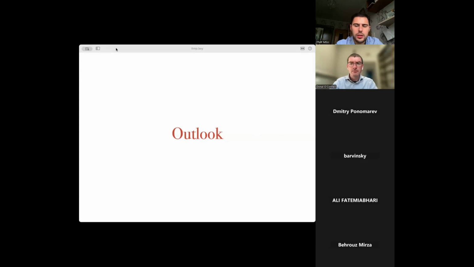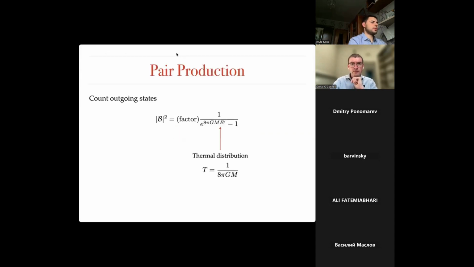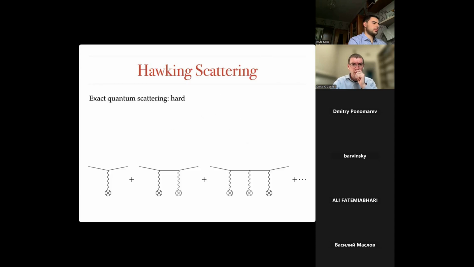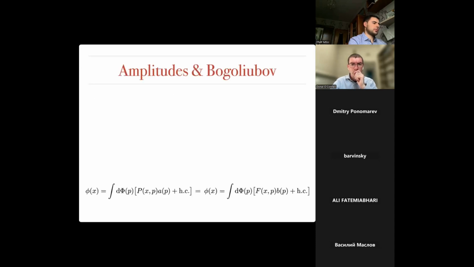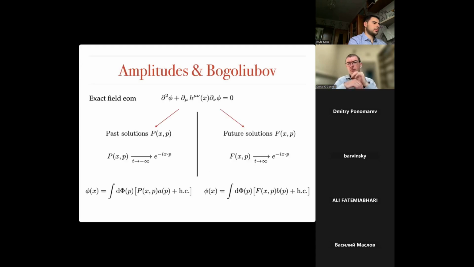Well, I have a couple of questions, and some of them are very basic. I'm a bit lost with the setup. When you discuss this Hawking radiation, you start with A and A daggers, and you have B and B daggers, and you associate both of them with plane wave solutions, both e to the iPX, right? Why is it that for t going to plus infinity, you don't have any traces of the non-trivial background?